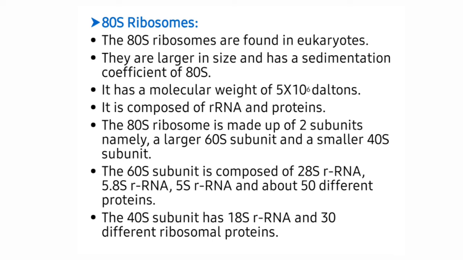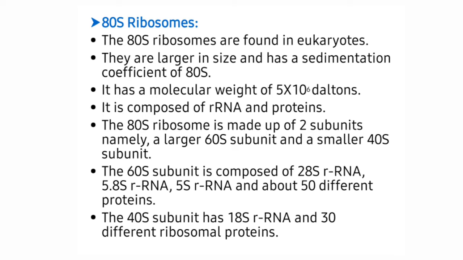They are larger in size and have a sedimentation coefficient of 80S. It has a molecular weight of 5 × 10^6 daltons. It is composed of ribosomal RNA and proteins. The 80S ribosome is made up of two subunits, namely the larger subunit, which is 60S, and the smaller subunit, which is